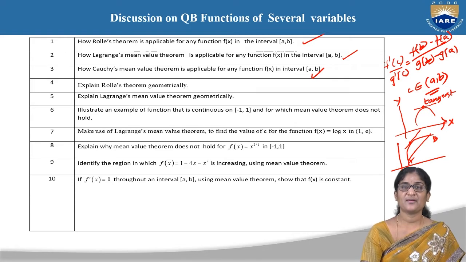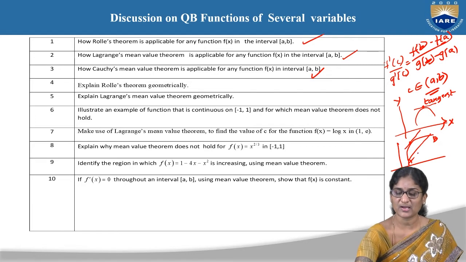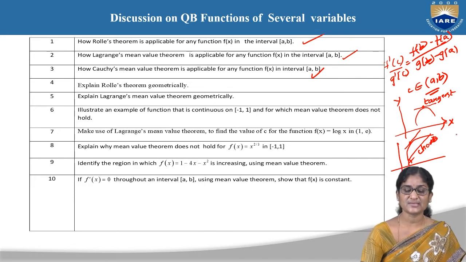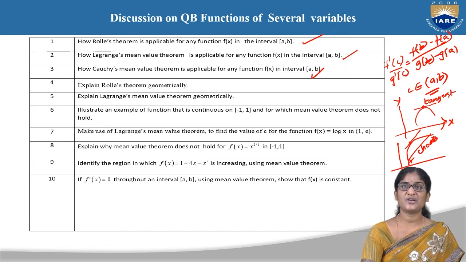Once again I am telling, if y is equal to f of x is continuous for each and every point in the closed interval a comma b, at every point there exists a single tangent, and thirdly b is not equal to a, then there exists a c on the curve where the tangent is parallel to the chord of the given curve. So this is the chord of the curve. But for Rolle's mean value theorem, the tangent is parallel to the x-axis. So that is how we can explain the geometrical interpretation of Lagrange's mean value theorem also.